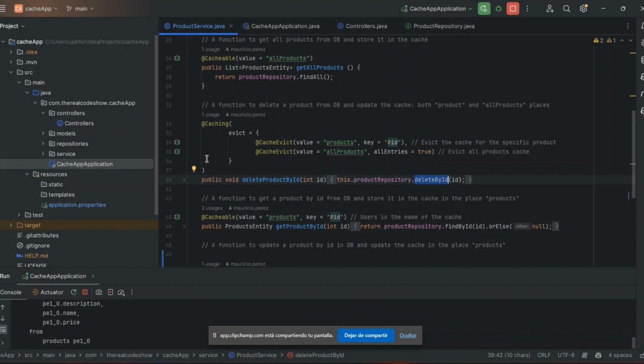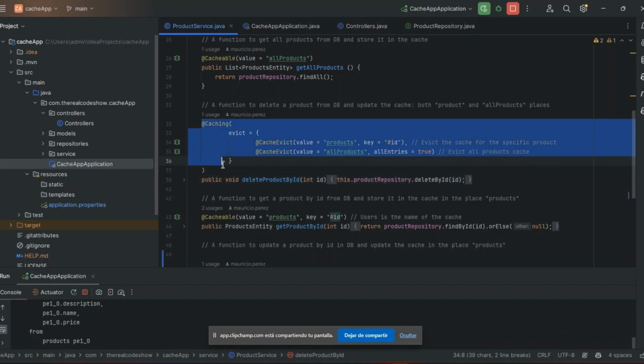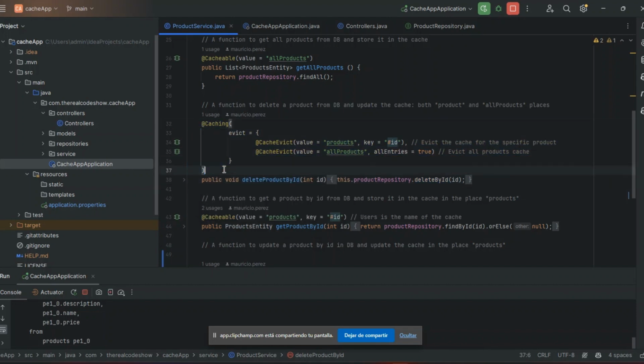Because when we update a record in the database, the database will have different values than all the values that are in the cache, right? So they both have to be the same. So for this situation, we have to update our cache system as well. So for the cache